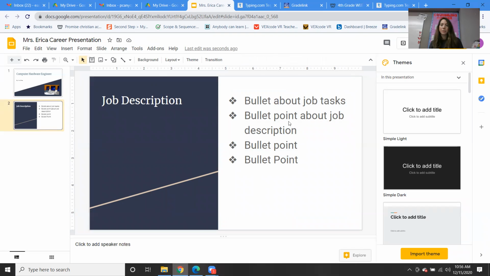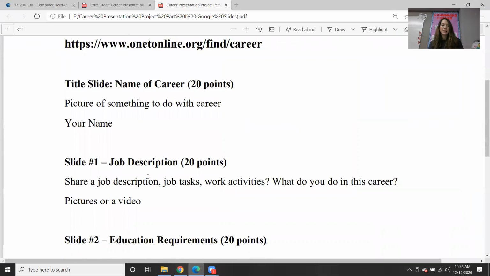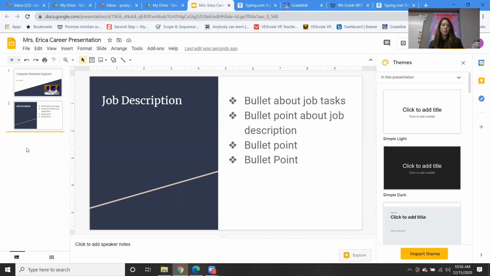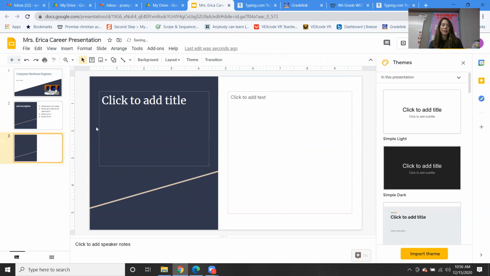Maybe you want to add another picture of somebody working on a computer or whatever it is, right, to make it look nice. Then your next slide is going to be your education requirements for this job. So you go back in, go to the white area, right click, new slide.